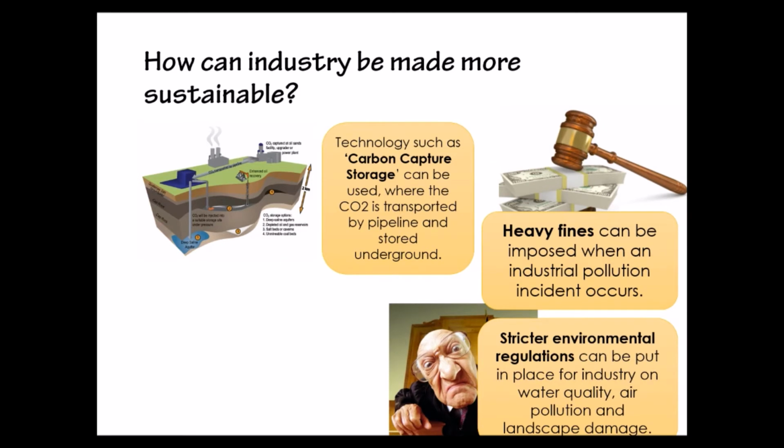And then it can be pumped somewhere where it's going to be stored. So often that is going to be underground. So there will be pipelines that will push this carbon underground and store it there instead of it being in the atmosphere, and that will reduce the impact upon changing